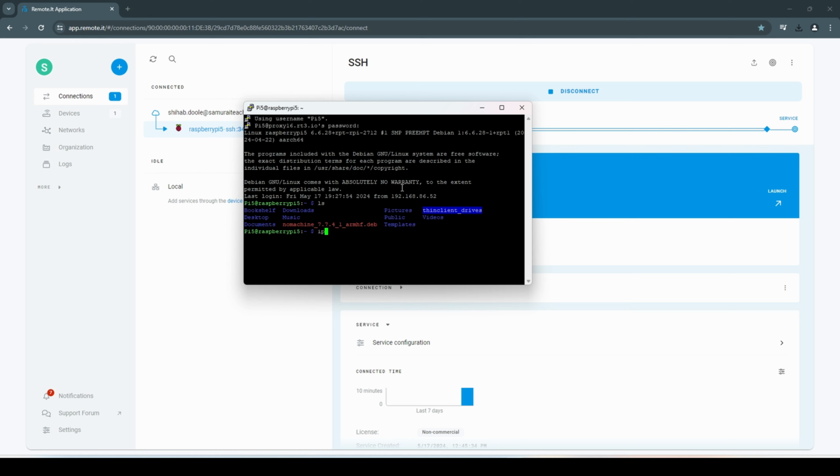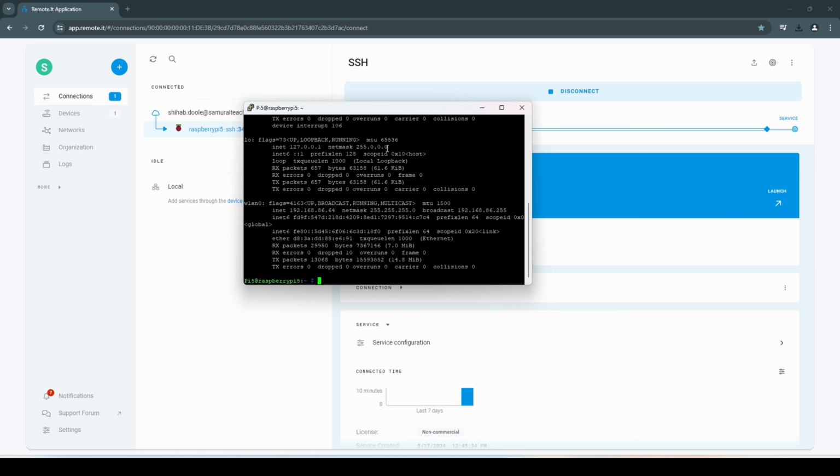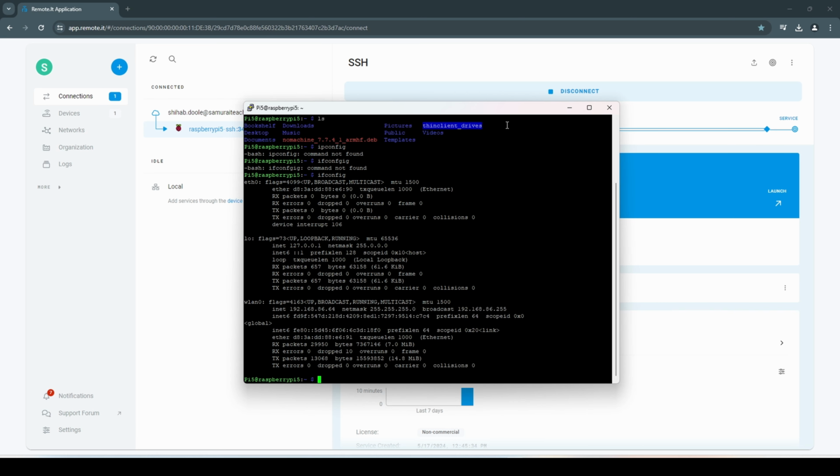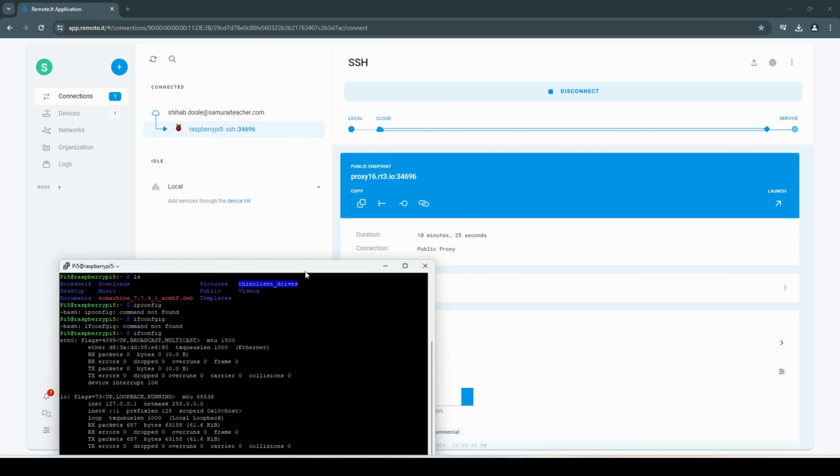So we can see ifconfig, yes. So I am able to, this is a global connection, and yes, I am able to successfully SSH from the remote